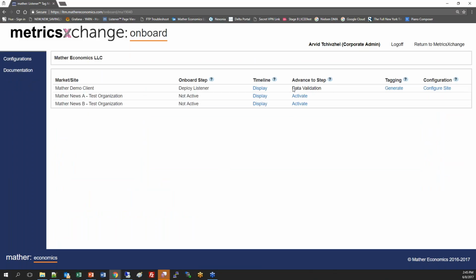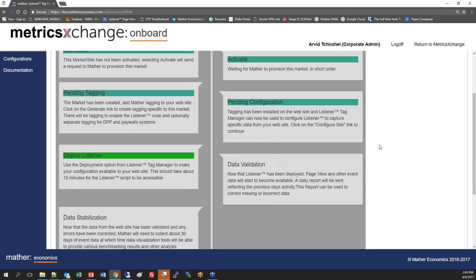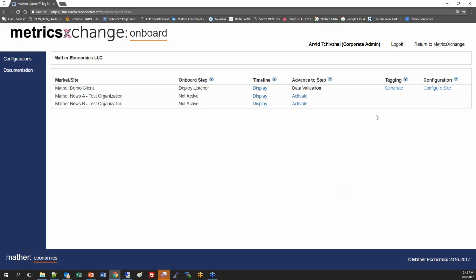From there, you're essentially in data validation. You can see it's grayed out here, so you can't actually move to the next step until myself, our developer, and our team look at the data coming in, evaluate it, and make sure it's clean and ready. You'll be stuck here for maybe a few days, hopefully not much more than that. But once you've passed, let's say you got a clean bill of health, you'll move on to the next stage, which is